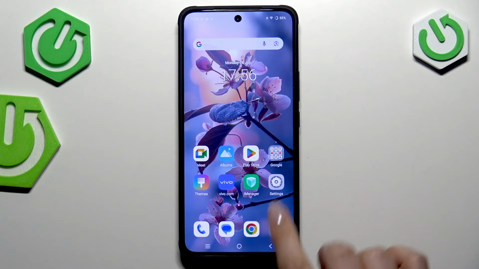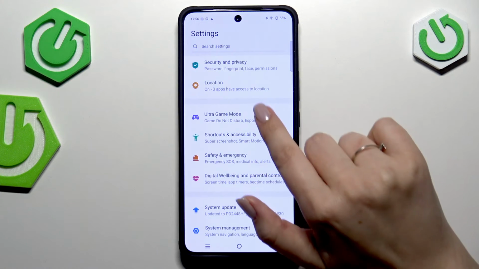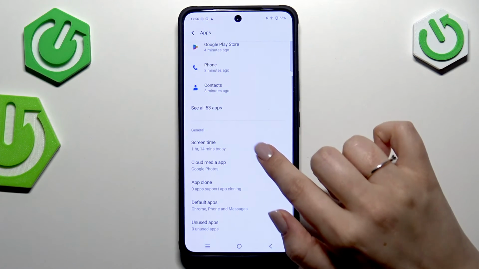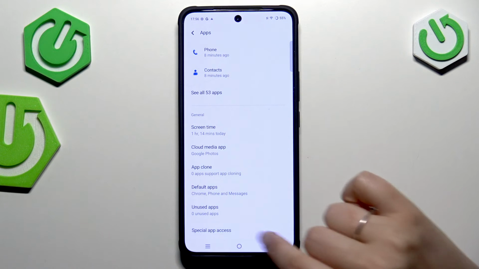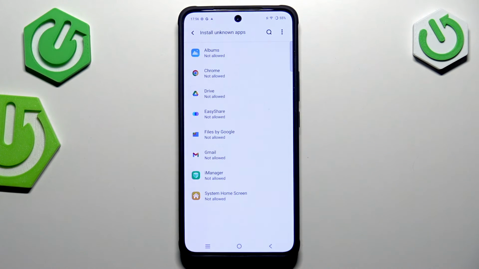So let's start with opening the settings, and here in this general list we have to scroll and find the apps. Then let's scroll and find special access, scroll and find install unknown apps. And as you can see here, we've got the list of apps which are allowed or not allowed to install